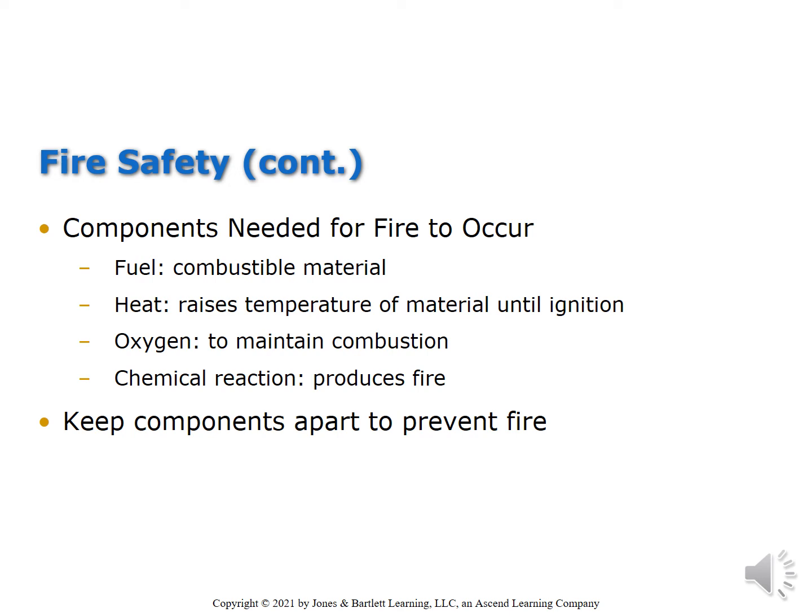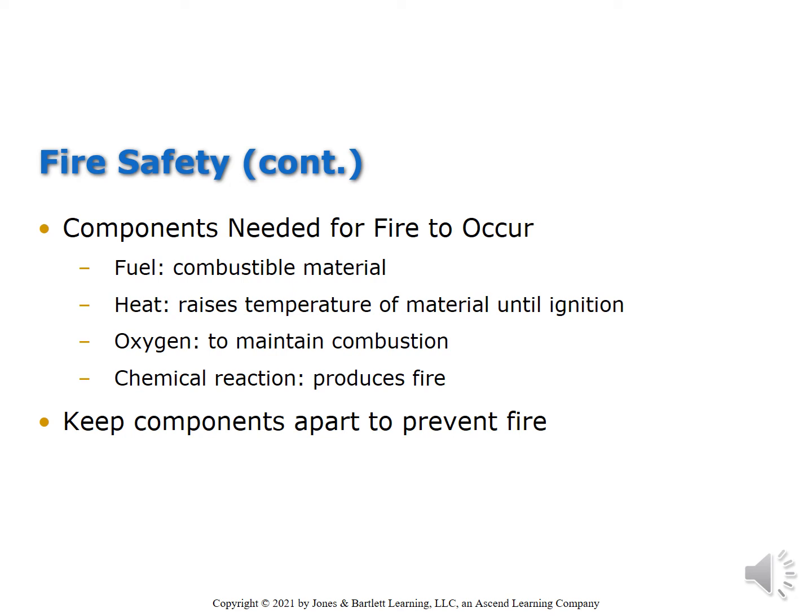So just as a review, there are four components present at the same time which are necessary for a fire to occur. Three of these components are fuel, some type of combustible material, heat to raise the temperature of the material until it ignites or catches fire, and oxygen to maintain combustion or burning. These have traditionally been referred to as the fire triangle, but there's a fourth component. The chemical reaction that produces fire changes the triangle into what's called a tetrahedron,